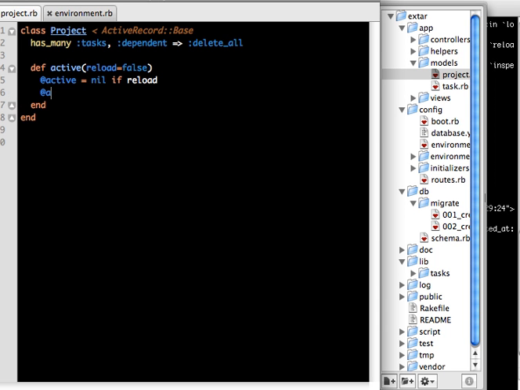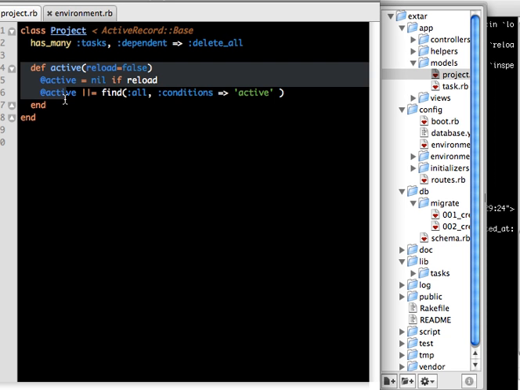Basically cache the value. If it's nil, go to the database, find its value, and if not, just return the value that it has. Conditions active. Similarly for the inactive,